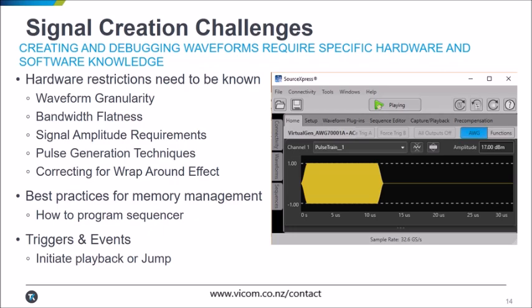Having a granularity of 1 or 2, which is in most of Tektronix AWGs, is the most desired, since this will be much easier to create the waveforms without wasting valuable memory. Other complexities include amplitude requirements and guaranteeing that the beginning of the waveform and the end of the waveform are matched. This is called the wraparound, such that when the waveform is repeated, there is no discontinuity that could cause